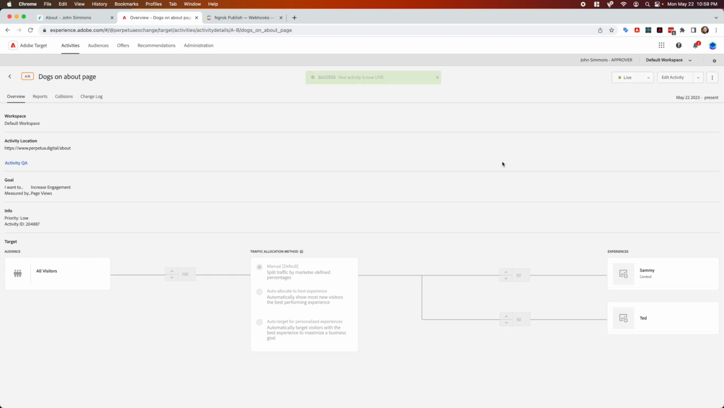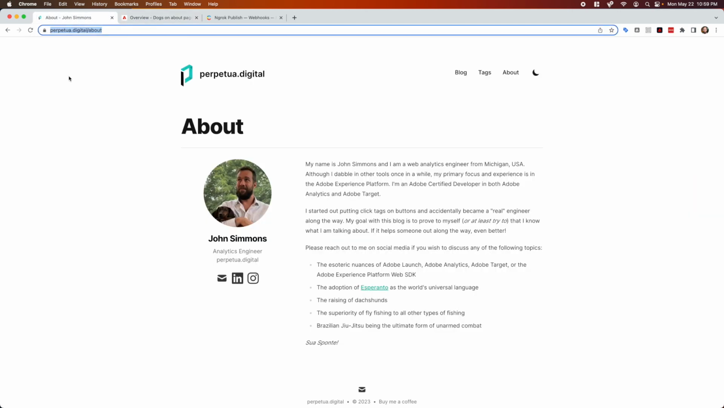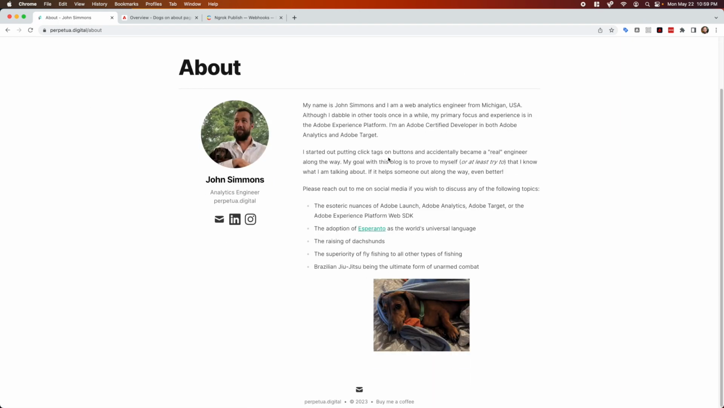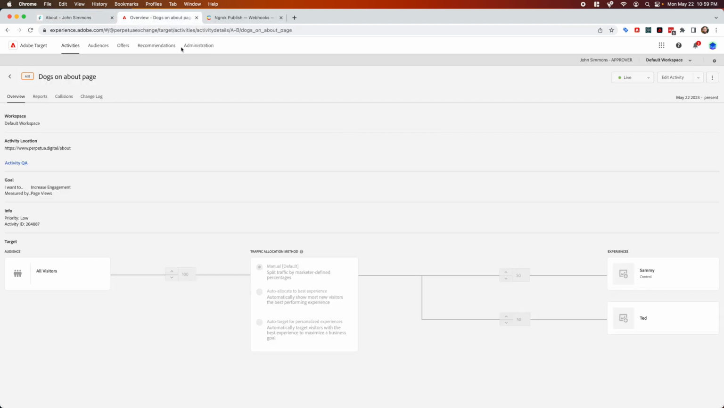And let's see what happens. Hard refresh. There we go. I got in the Sammy experience. Voila. So that is automatically syncing things uploaded to Contentful with Target offers. As you can see here, I didn't write any code in Target. I didn't upload any